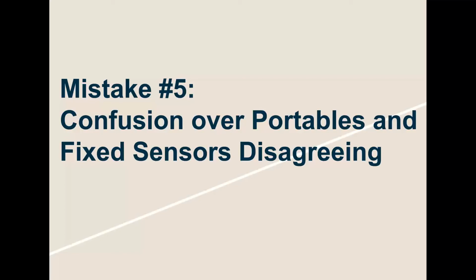Cost the company millions of dollars, and in the end, the major problem was that there was a gas present that the sensors had reacted to that wasn't really a cause of concern for the gas that was important. But because they didn't fundamentally understand how fixed sensors work and how portable sensors work, it really was a costly disaster for them that caused no one any actual risk of danger at all, but did cost them a lot of money overall. So we see this all too often, where we put fixed systems in, and the SOP says